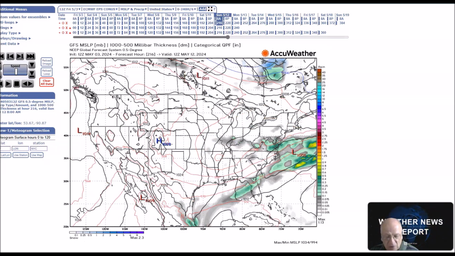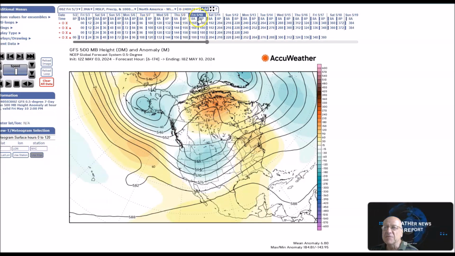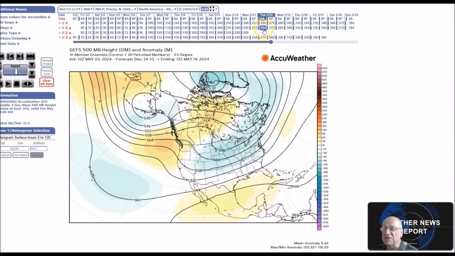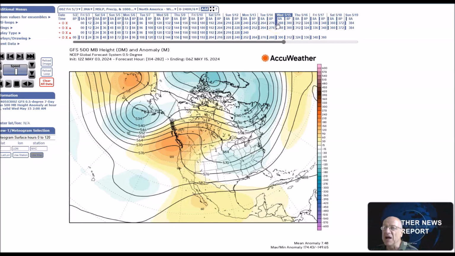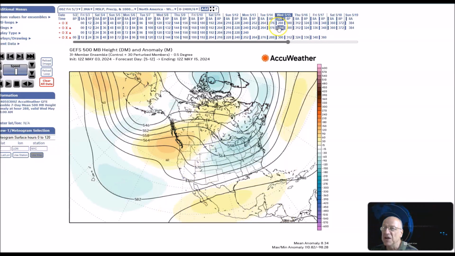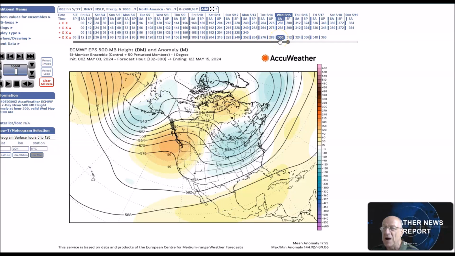Okay, we're going to look at the period for May 11th to the 15th. During this period, you can see we have a ridge building in the west, with troughing that spreads or elongates into the east. Now, if you look at the other models, the GFS already has a trough in the east. Its ensembles kind of stretch out the trough from the plains to the Atlantic coast. And then you look at the European ensembles, they're kind of similar where they stretch out the trough, but you can still see there's a definite trough forming here in the east.